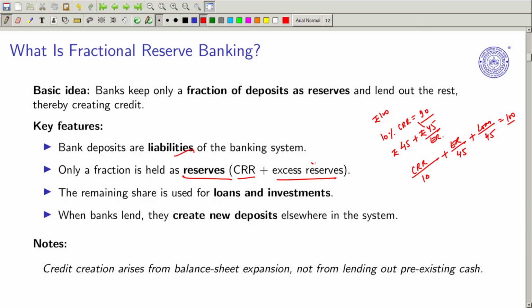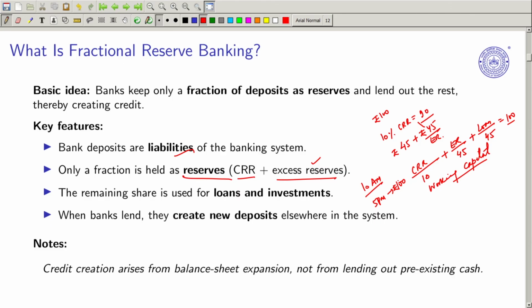So excess reserves means that you have lent the money, but some money you may not be able to lend 100%, right? You also have to keep some amount as the working money, the working capital, because a depositor may deposit 100 rupees at 10 a.m., and at 5 p.m. he is in the ATM queue withdrawing 100. So you also need immediate liquidity, right?